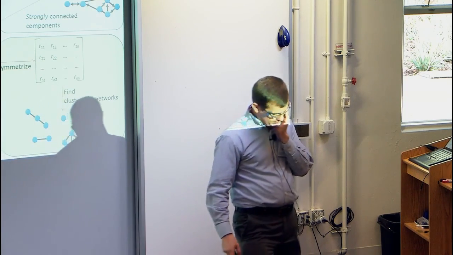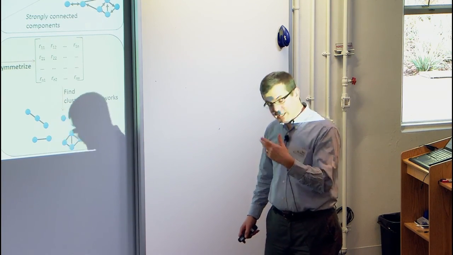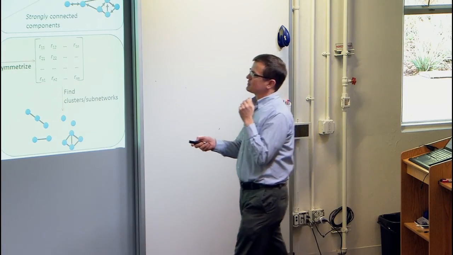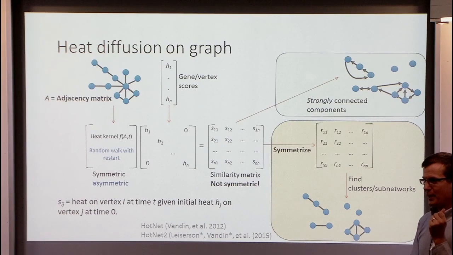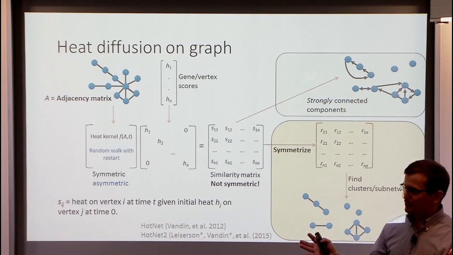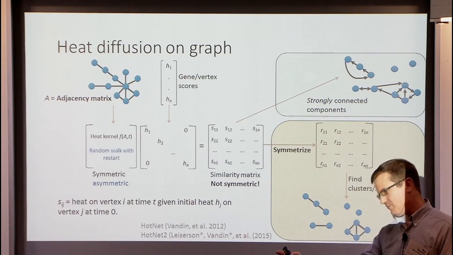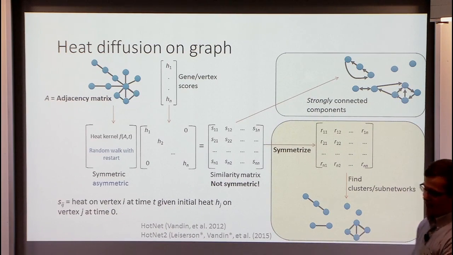So how long do you run these random walks? Because if you run them for long enough, then it won't depend on the initial condition. Right. So this is where all the differences in the methods come in: what do you use for the random walk, and how long do you run it? If you do just the regular random walk, and you run it for infinite time, then your equilibrium distribution is like the degree distribution, actually. So not very interesting. If you run it for some time less, for a few steps, then you get a distribution that looks like what's happening locally. So it becomes a parameter of the algorithm.